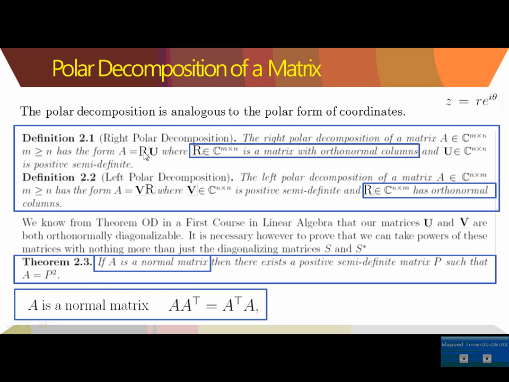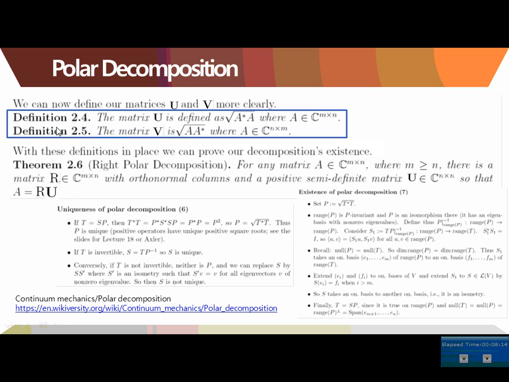Then this U and V can be found, and then the R will follow, also the orthonormal, unitary matrix R. So with that terminology, what we have discussed can be written as a theorem, the right polar decomposition part. For any matrix A where m is greater than or equal to n, there exists a matrix R whose columns are orthonormal,